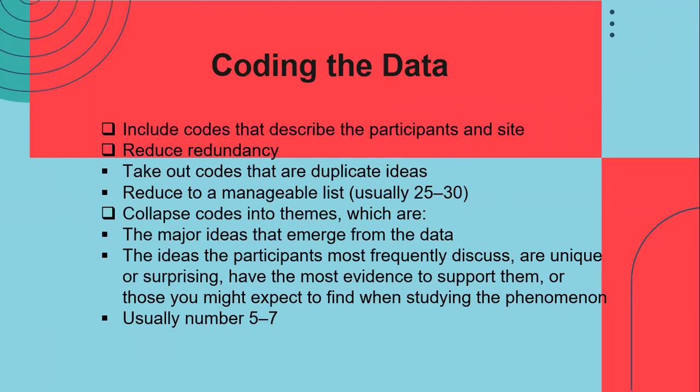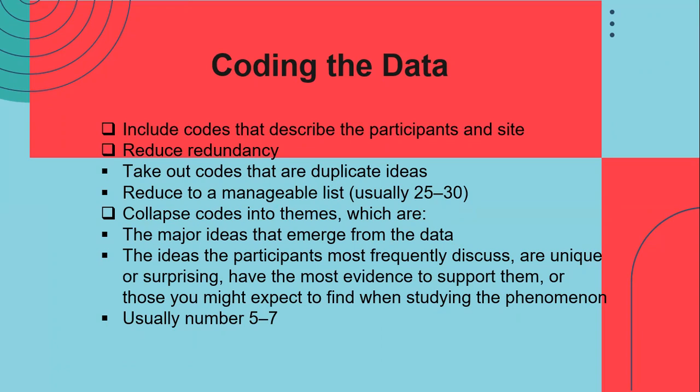And next, include codes that describe the participant inside, and then reduce redundancy. After coding an entire text, make a list of all code words, group similar codes, and look for redundant codes. Your objective is to reduce a list of codes to a smaller, more manageable number, such as 25 to 30 codes. And then collapse codes into themes,